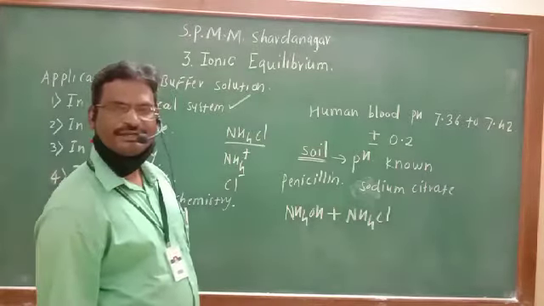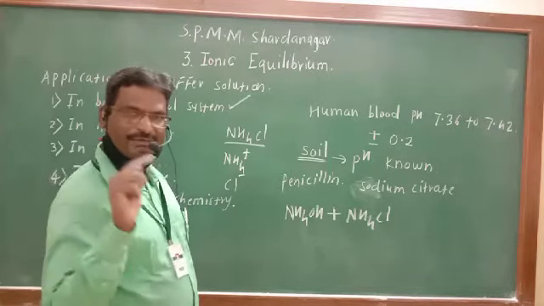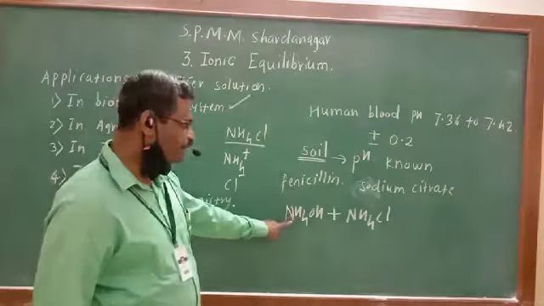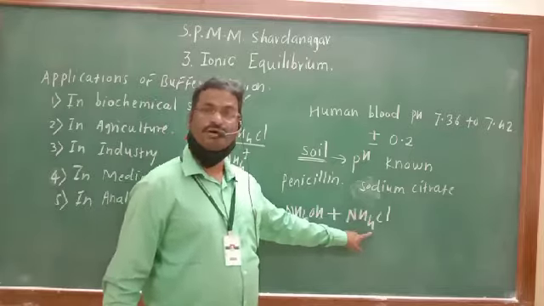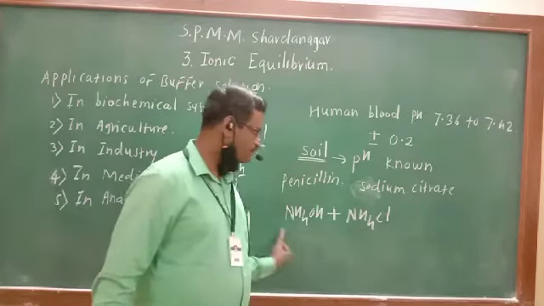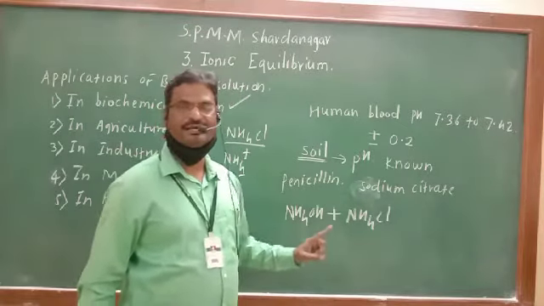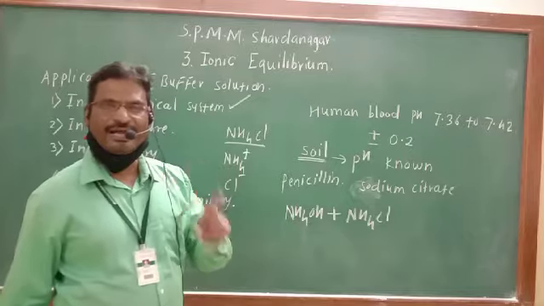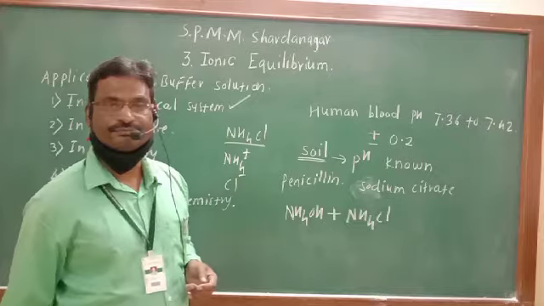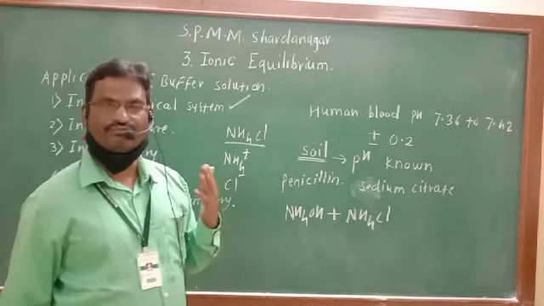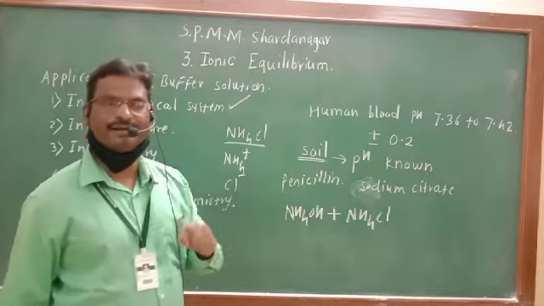We know what is meant by basic buffer. Basic buffer is a buffer solution which has pH greater than 7, and that can be prepared by mixing weak base and its salt of strong acid. So this mixture is a basic buffer solution, and this mixture is used in analyzing group third A onwards basic medium. The radicals present in group third A, third B, fourth, fifth, they are analyzed in the basic medium.